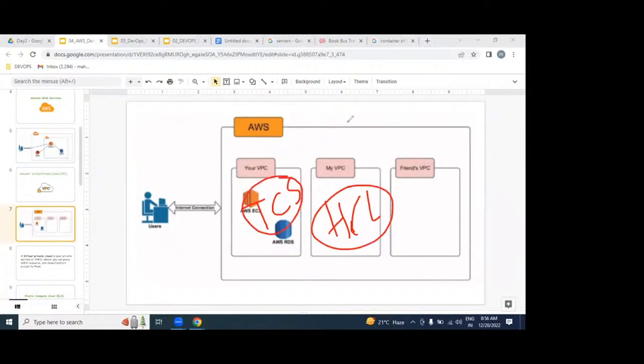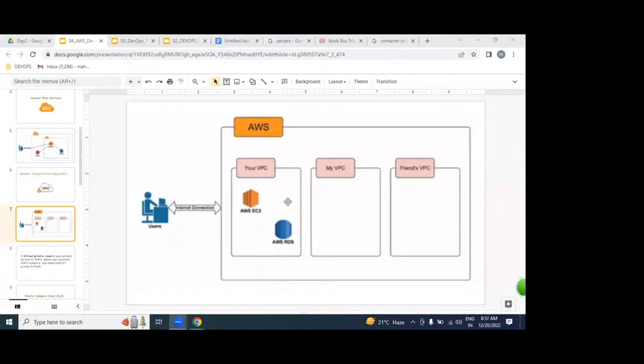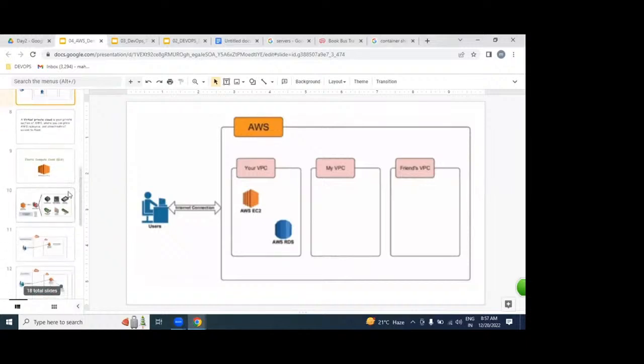Understood very clearly? It works exactly like your office network, but we get it from the internet in a virtual form instead of physically. I hope you understand. Without a network, we can't keep any machine. Even my laptop, without a network, can I conduct this online session? No. The same way with servers. Without a network, no server can exist. First, we need to establish the network. On top of it, we are going to keep our servers.